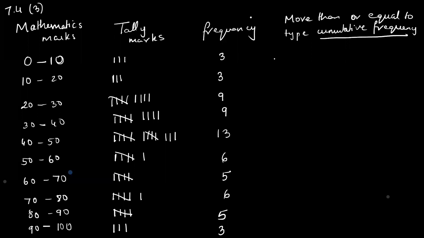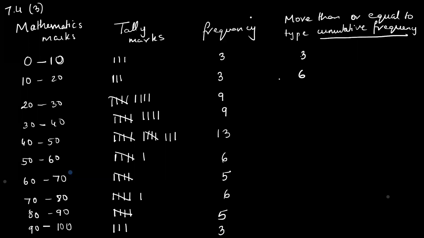So I'll just explain it. You all don't write it down. But it's very simple. Less than type, what we do is we start with the first value, 3, and copy it as it is. Which type am I teaching now? Less than type. Okay. So we start with the beginning. We write 3 as it is. And then we keep adding diagonally like this. So what is 3 plus 3? 6.